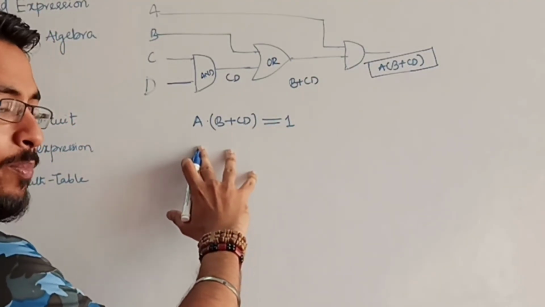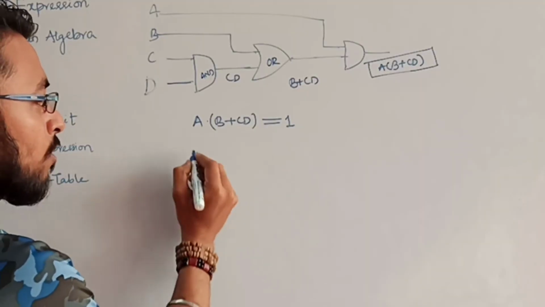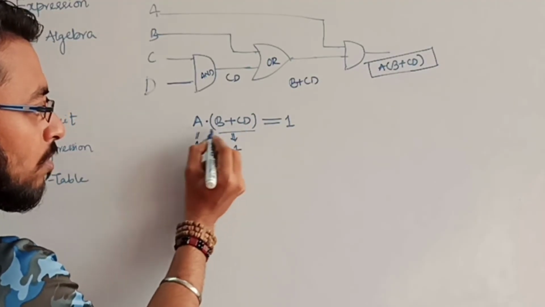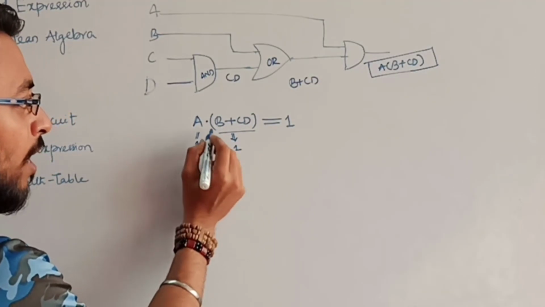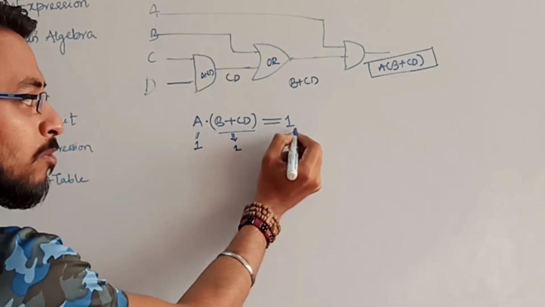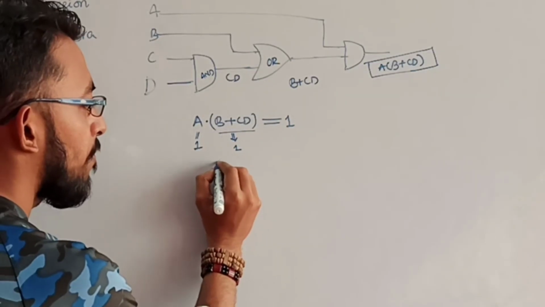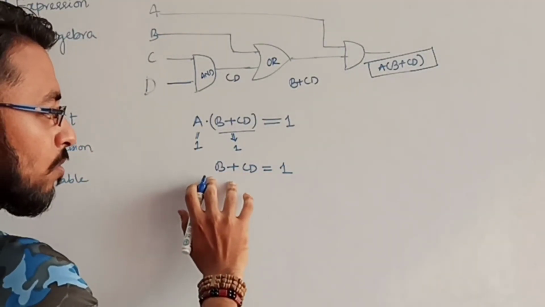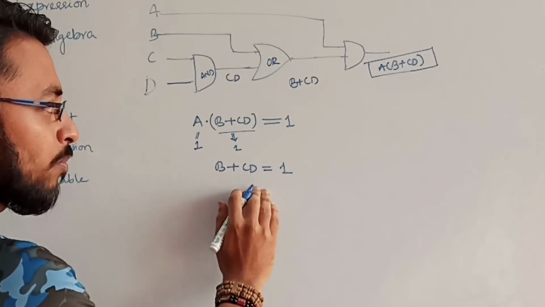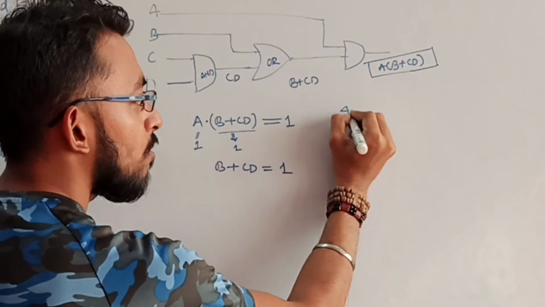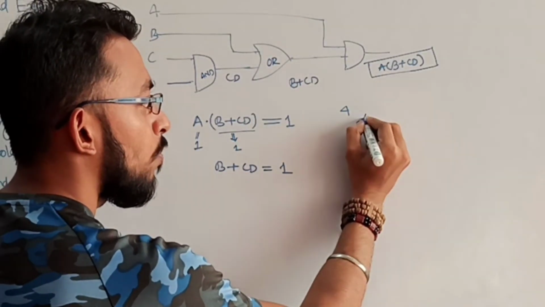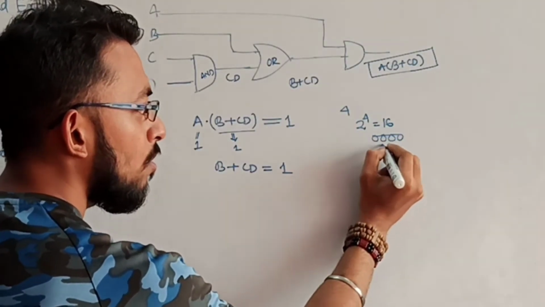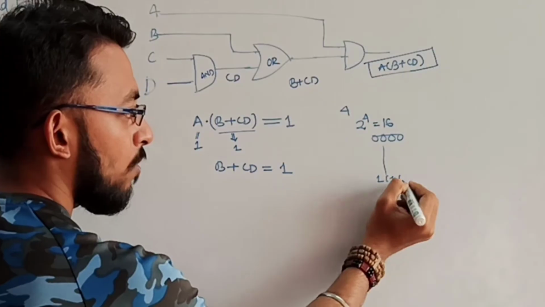Since this is an AND operation, when will my output become 1? When each of my inputs is nothing but 1. So this is the AND operation between these two. Okay. So when A is 1 and this output is 1, then only is it possible to get 1. Now, B plus C D should be 1. What are the conditions that are applied for B, C, D inputs? Okay, how many inputs are there? There are 4 inputs. So how many possible combinations are there? 2 power 4 is nothing but 16 possible combinations. Starting from 0, 0, 0, 0 to the fourth one, 1, 1, 1, 1.